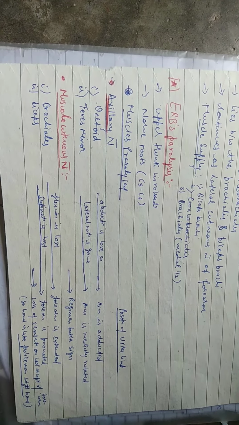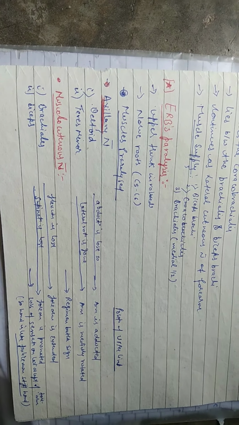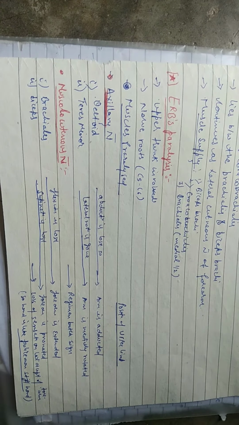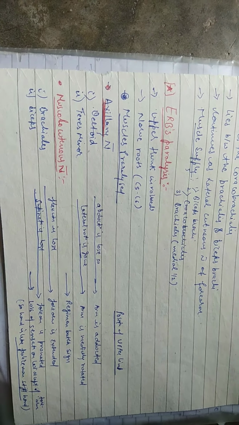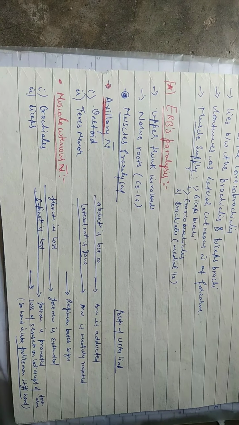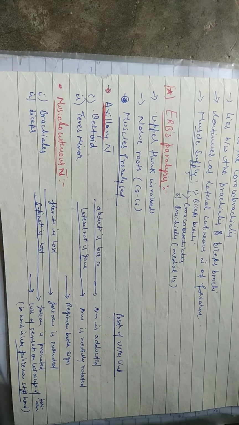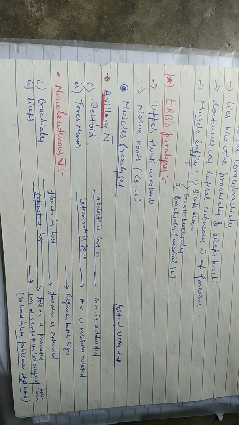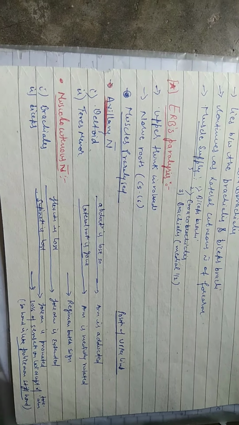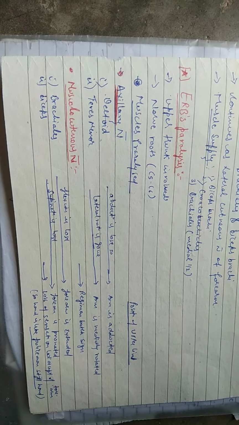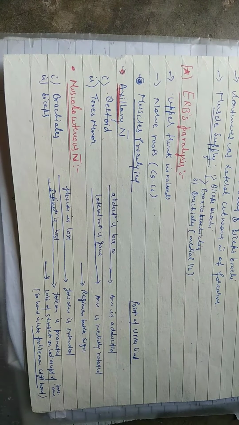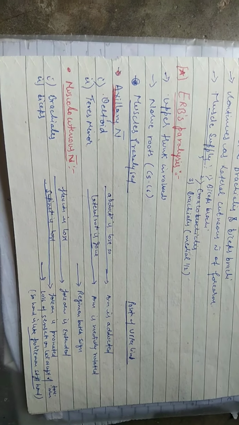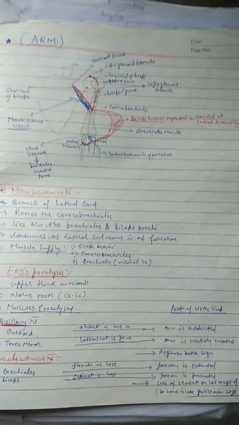So hand is like policeman's stiff hand. This is asked in various exams, that what do you understand by policeman stiff hands. So basically, policeman stiff hands means when musculocutaneous nerve is paralyzed, the biceps muscle loses its function, that is supination is lost. So guys, basically what happens in Erb's paralysis? There is paralysis of muscles which is accompanied by the paralysis of two nerves, that is axillary nerve and musculocutaneous nerve.